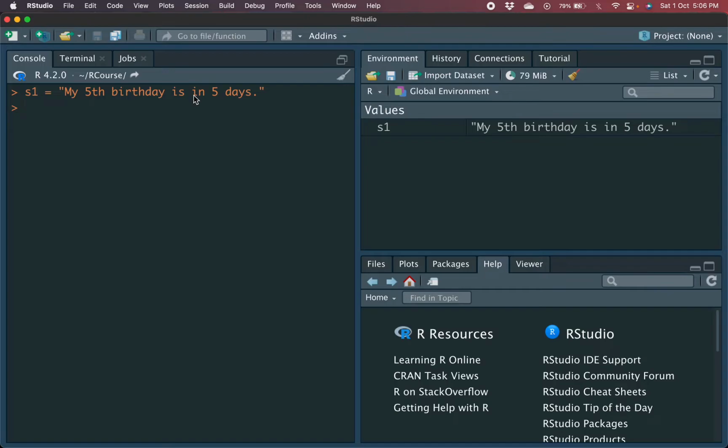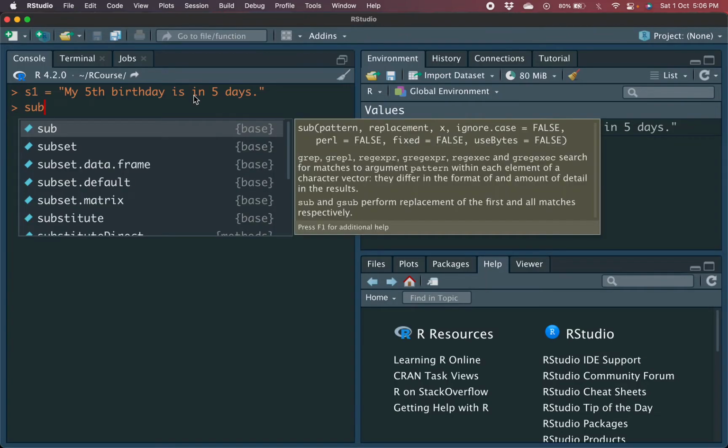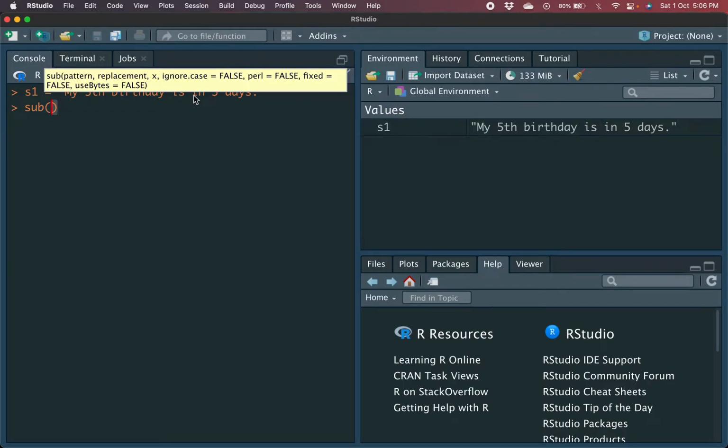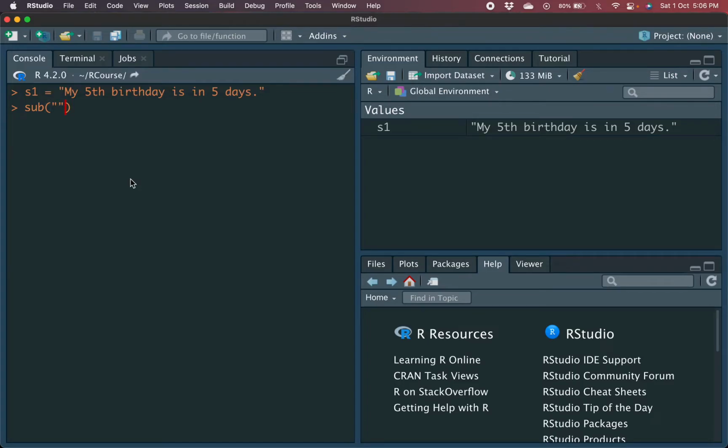The first one is called sub, which is short for substitute, and it basically looks for a pattern. So you have to tell it what pattern you want to replace. Since we are working with strings, that pattern also has to go inside double quotes. So I say I want to replace 5 by, let's say, 6. And where do I want to make this replacement? That is the third argument, which will be the string. So I want to make this replacement inside S1. Notice I am not storing this in any variable. I'm just calling this, and as you can see,